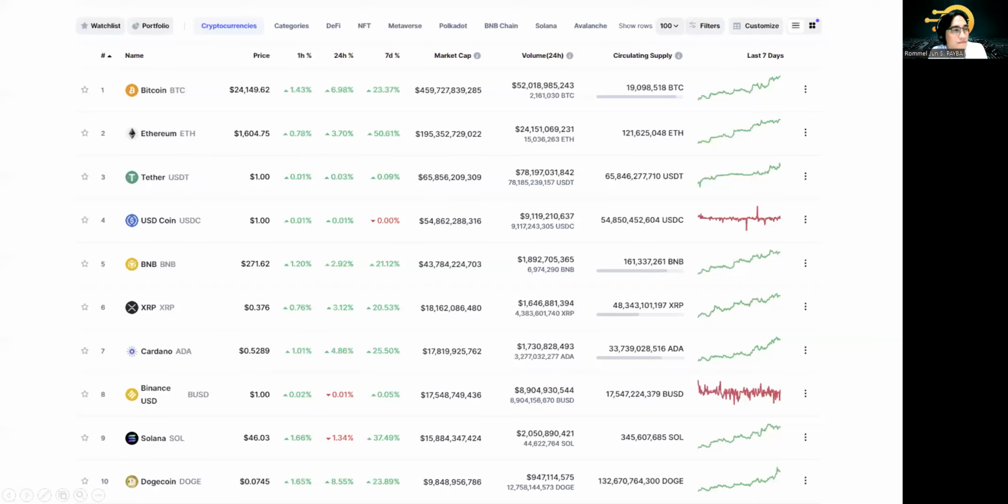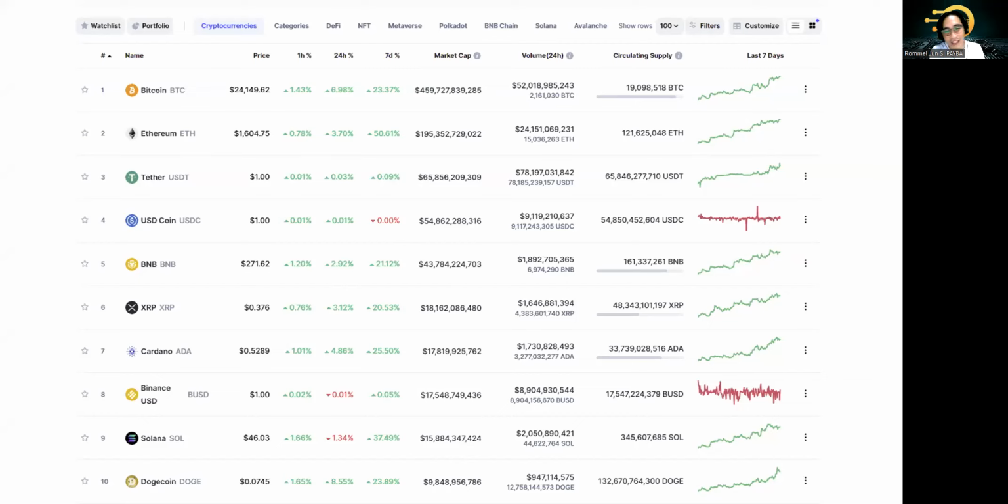Anybody familiar with this screen? What website is this? This is, no, it's not actually Binance. It's CoinMarketCap. CoinMarketCap shows the market capitalization of cryptocurrencies. These fluctuate wildly as crypto is such a volatile space. People use websites like this to help them determine which projects to invest in and hopefully earn big.